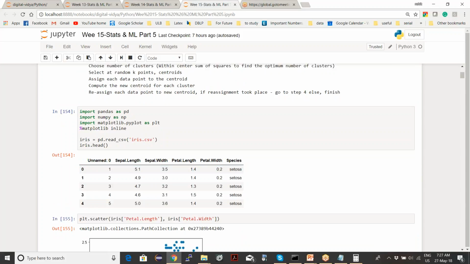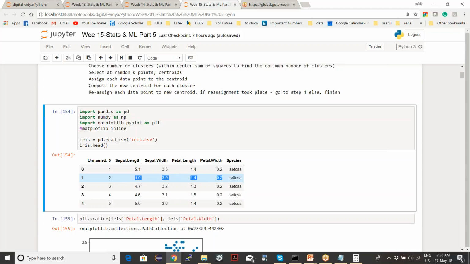Somebody knew, suppose this column has been dropped, but they knew they are from three species. They will say, just consider them into three groups. Then they will ask you, this data point belongs to which group? That's the question you have to answer. Or suppose a new entry comes, which group would it belong to?